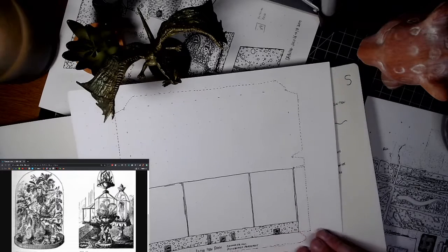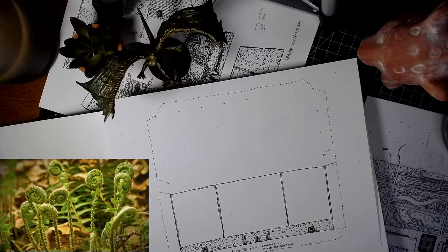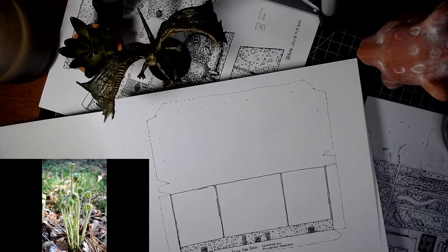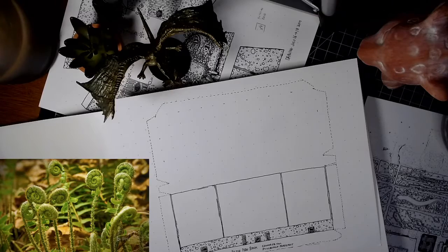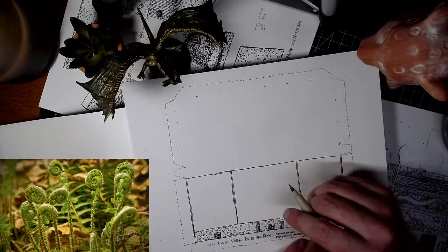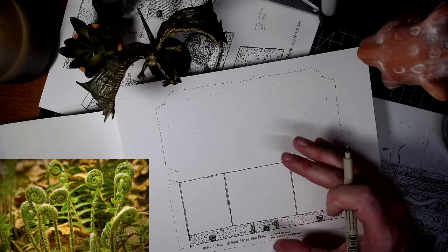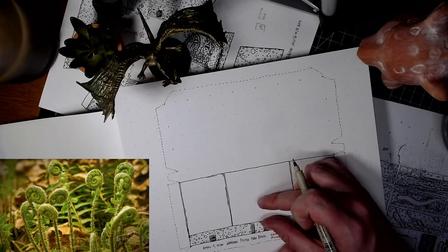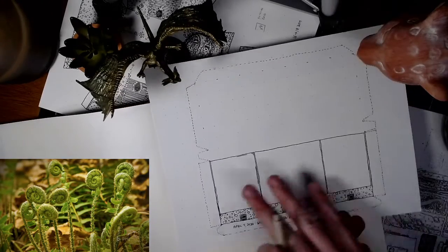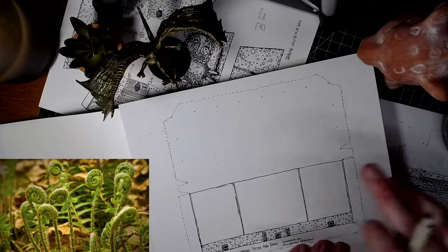Cool. So that's that. And I think I'm ready to dive in with the ferns. Something about these new environments is that not everything needs to be quite at the scale. It doesn't need to be self-similar in scale. It's okay if the same species is grown in little baby versions and big versions and micro versions and versions that are too big to fit on this page, because each frond,